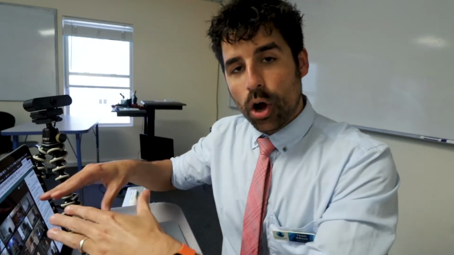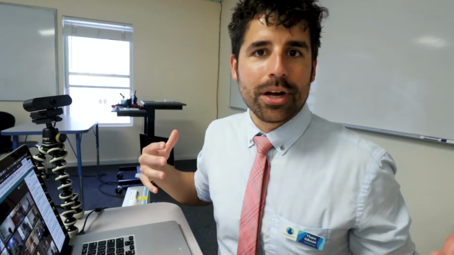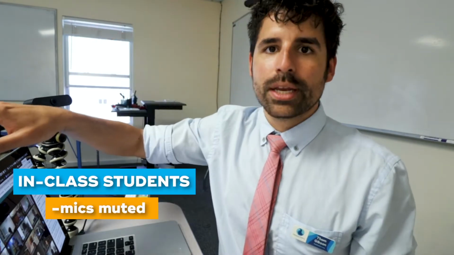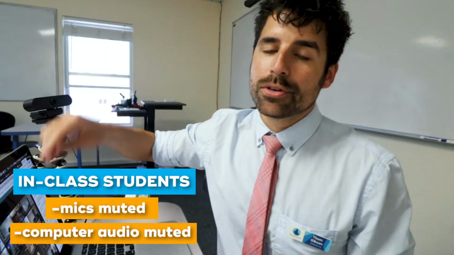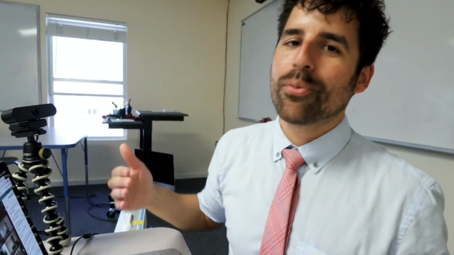Now for the students at home to hear the students in the classroom, I like to have the students in the classroom open up their computers and log into Zoom. Whenever I'm talking, they have their mics muted in here and they have their computer speakers muted as well, because if their computer speakers aren't muted, whenever I say something, it's also going to come out of their computers because it's projecting whatever's in Zoom. The problem comes up when I ask a student in class to unmute themselves whenever they